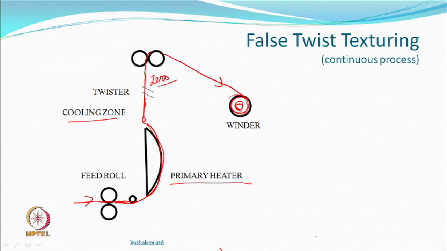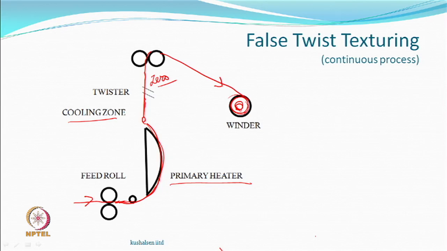So, twist level will reduce because there are constraints, friction, everything else is going to come into play. If it was only a feed roller and a take up roller and a twist, the situation would have been different. But because you are contacting a heater which also has some friction, there are guides and other guides, all of them are going to play some role. Plus, this so called heater is not at room temperature. So, the yarn changes its position also, its softness, its rigidity also changes. Because of that also there will be some change in the twist level as you move down from twister to the feed roll.